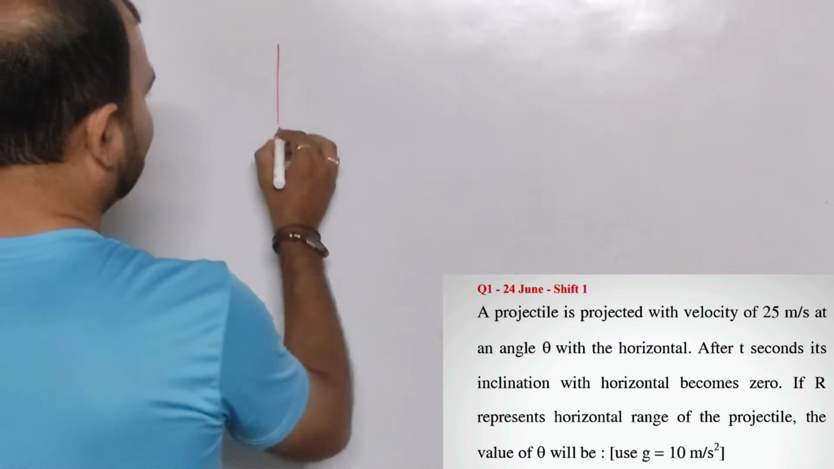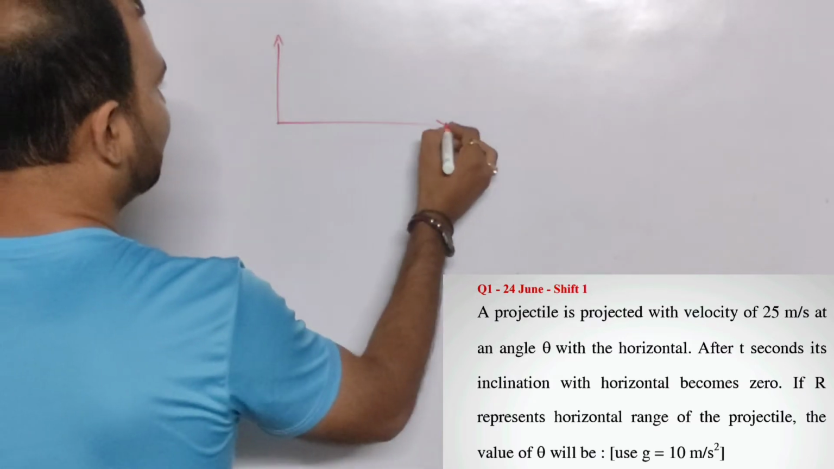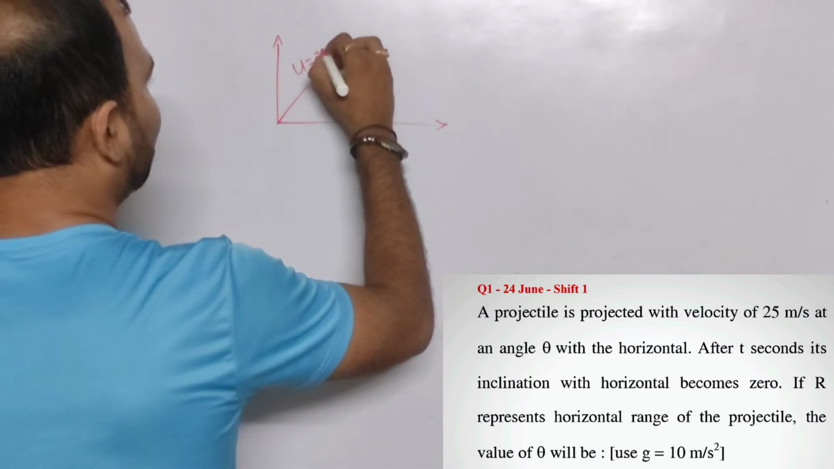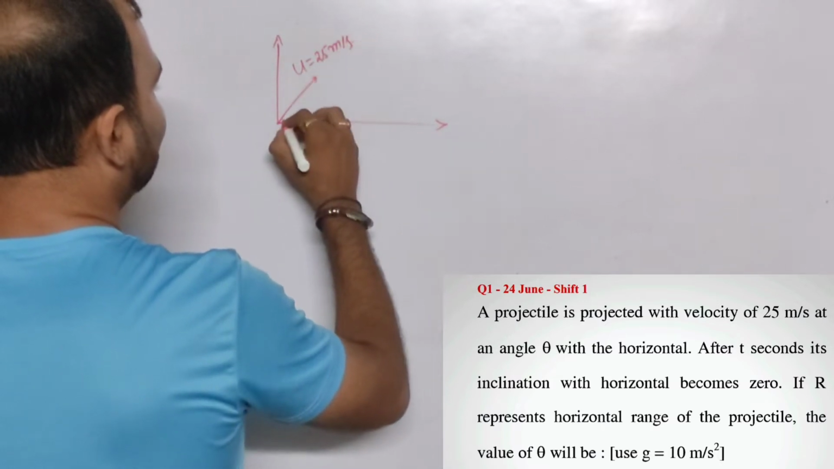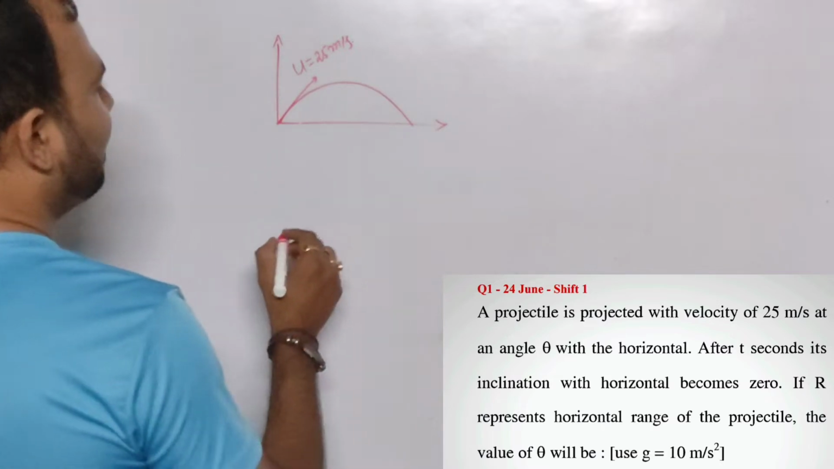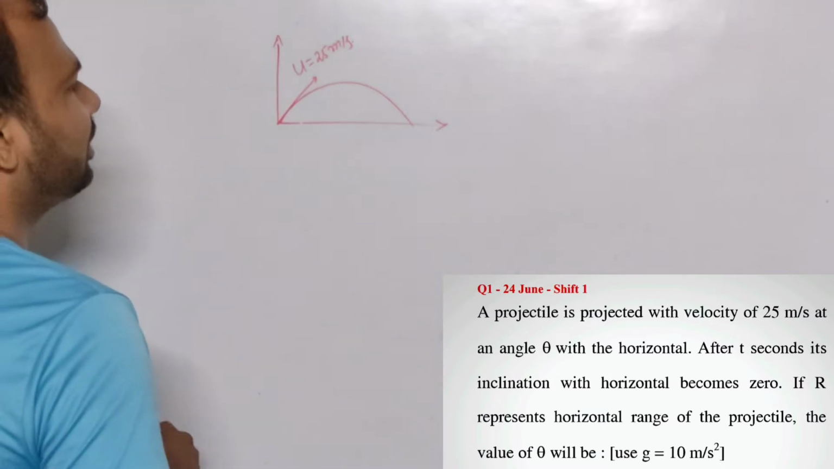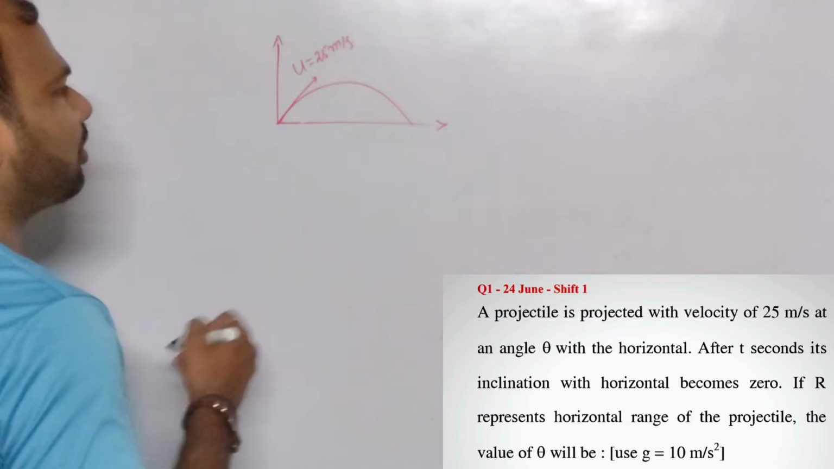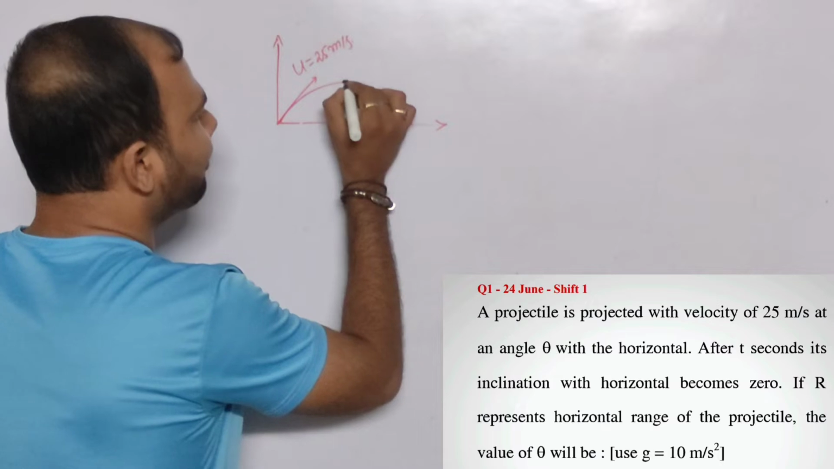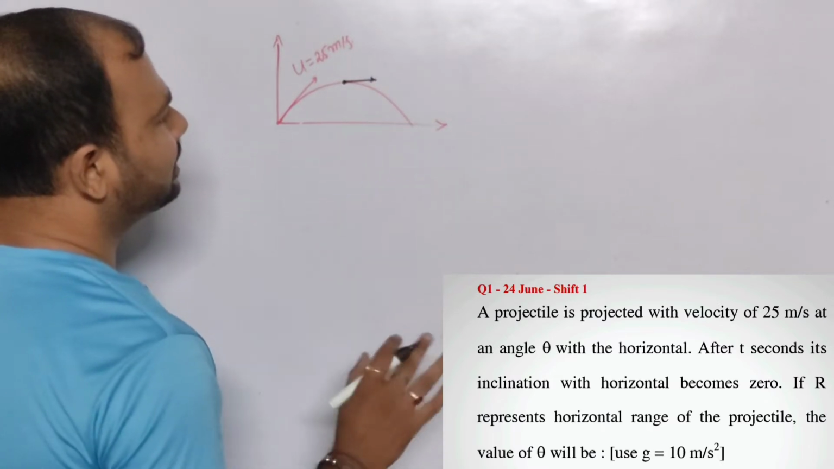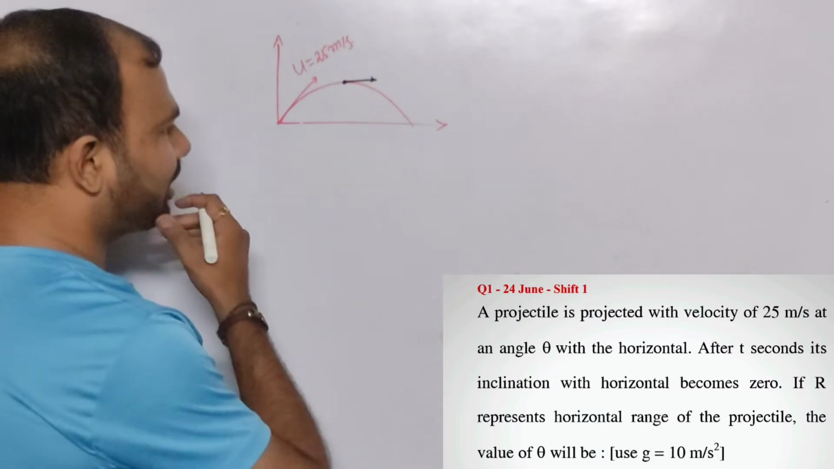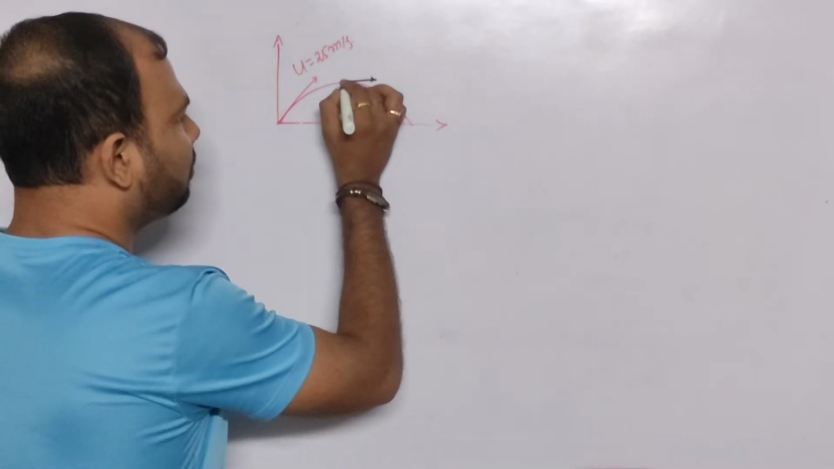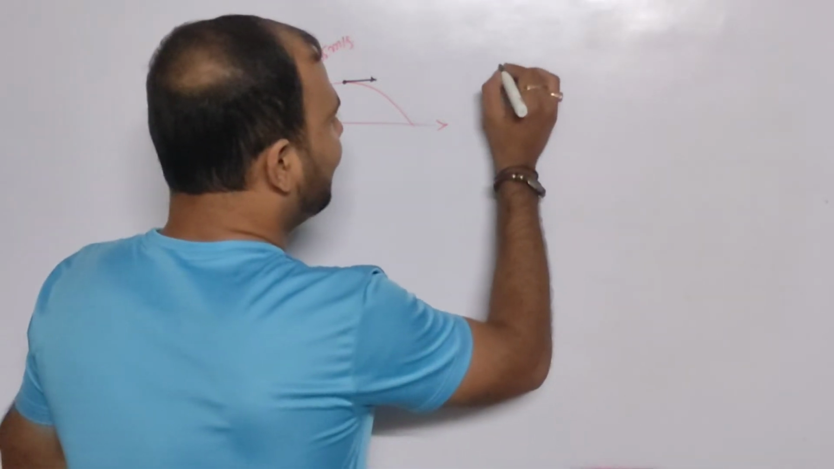So the horizontal axis and the vertical axis are this. With initial velocity u equal to 25 meter per second, the ball has been projected. After t time, the direction of the velocity of the ball is parallel to the horizontal. It is possible at the maximum height. The direction is 0 degree, that means parallel to the horizontal axis. That means to reach this point, time equal to